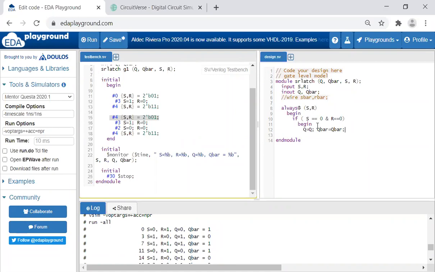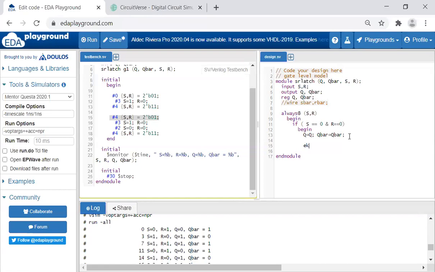Next. Now when we are doing such things, all outputs should be declared as registers, because we are discussing the behavioral model. So all outputs should be declared as registers in the behavioral model, and this can be an inout. We can keep it as output only. Let us see if this will work instead of keeping it as inout.